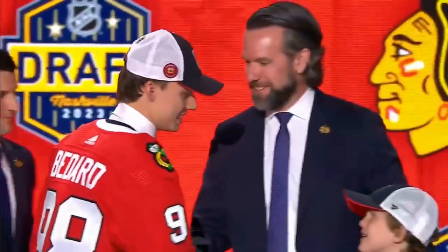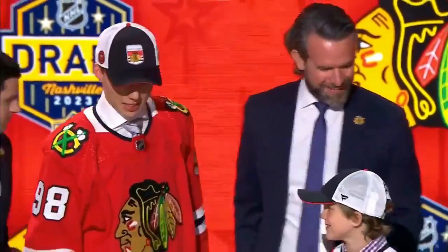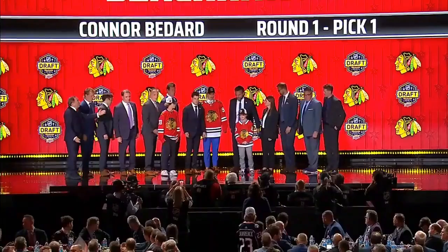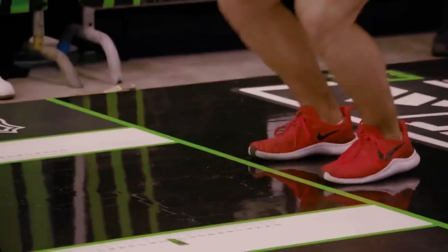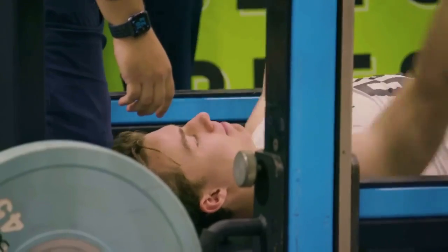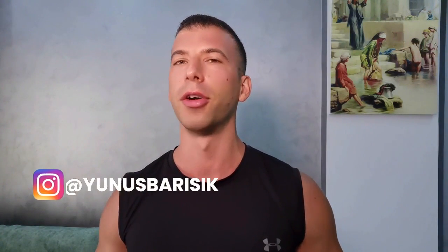As everyone knows, the Chicago Blackhawks selected Connor Bedard with their first overall pick in the 2023 NHL Draft. But not everyone knows about Bedard's performance at the NHL Combine fitness test a few weeks before the draft. So today we're going to look at Bedard's results in those tests to find out if there are certain areas in his physical development that could be holding his game back as he makes the jump from junior hockey to